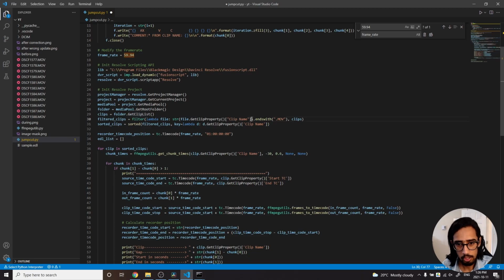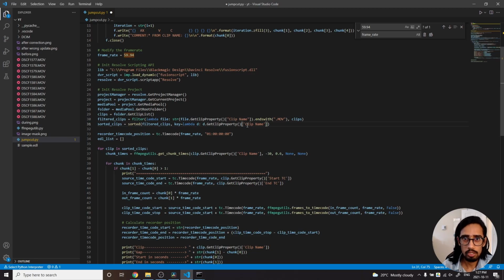Then I apply a filter over here. My clips are usually .mov. You can change this to your liking. And then I sort on the clip name itself, because when my camera records, it's all sorted according to name. For most purposes, you will see the same structure unless you're doing something very complex like a multicam scenario, or you're recording from your webcam as well as your DSLR, or you have some screen recordings. This may be different.